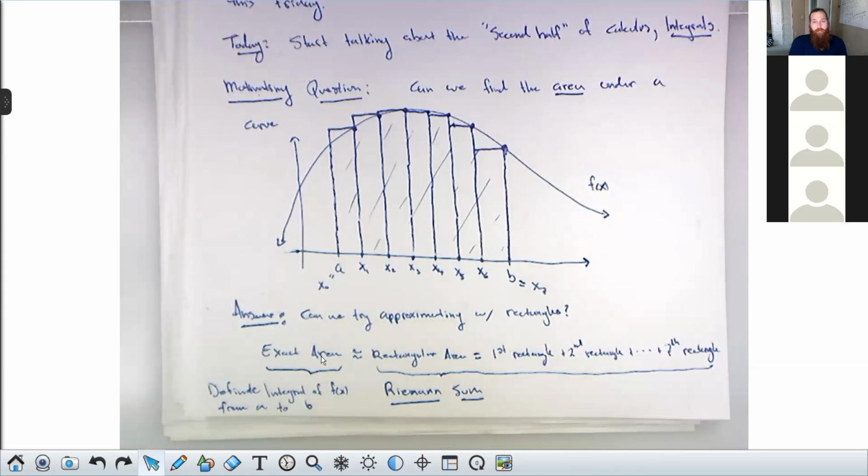So there's going to be a lot of new symbols, a lot of new notation. There's going to be a fair amount of difficult calculation involving large sums. And then after we get comfy with this, we'll be able to develop some other ways of doing the calculation. But we have to go through this process of Riemann sums first. So I'll just take a quick look at the section in your textbook and show you how they introduce this.